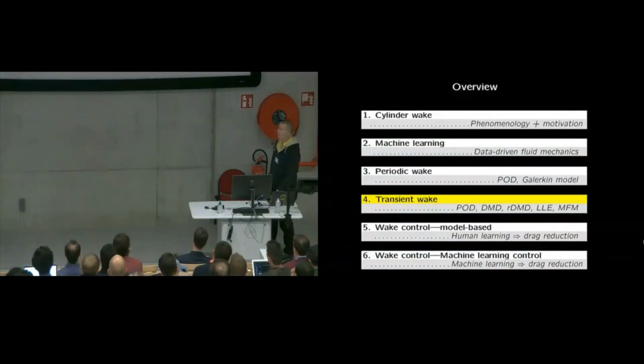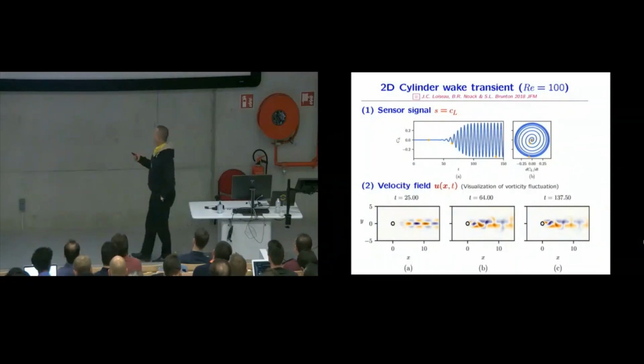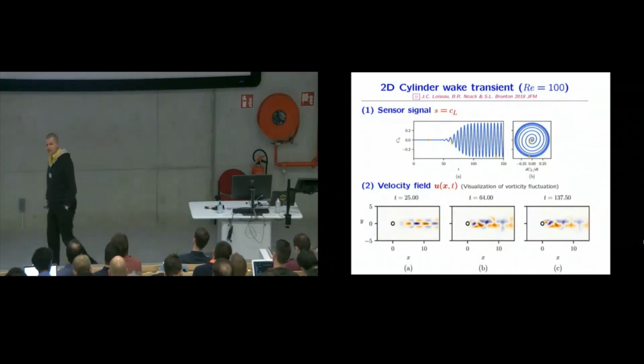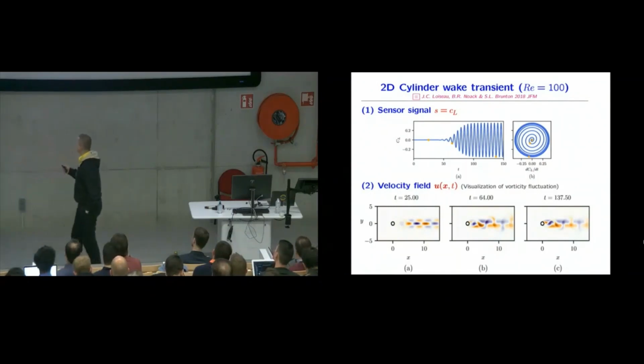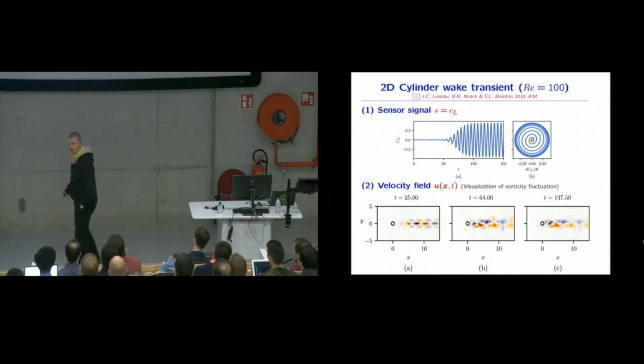And now we go to a more complex problem, the transient wake. So we look now at one quantity of the cylinder wake. Let's take the lift. And we start close to the steady solution, where we see some stability modes originating. So initially the lift is steady, and at some point it starts to oscillate, and then we go to the limit cycle. So we see the typical ingredients of a self-amplified, amplitude-limited oscillator. And when you also take the derivative of the lift coefficient,